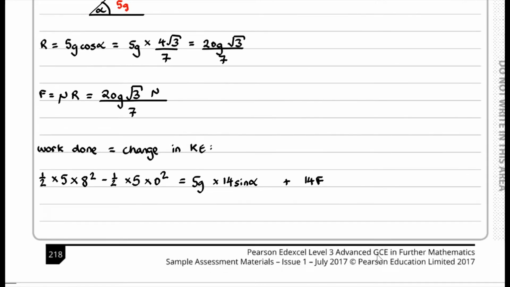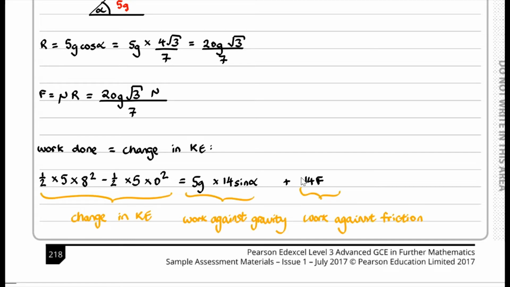Okay, so let's just label all of this. So we've got the change in kinetic energy, and that's equal to the work against gravity and also the work against friction. So this over here, this change in kinetic energy, is the kinetic energy lost. And using the fact that sine of alpha is equal to 1 over 7,